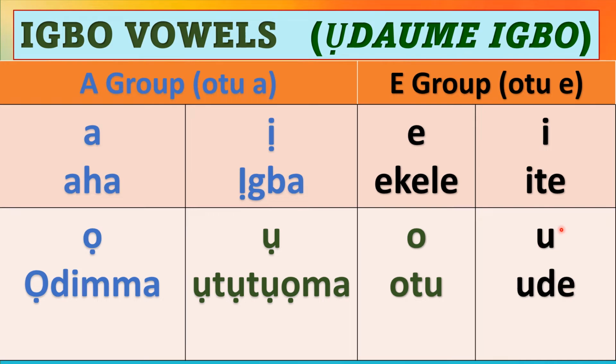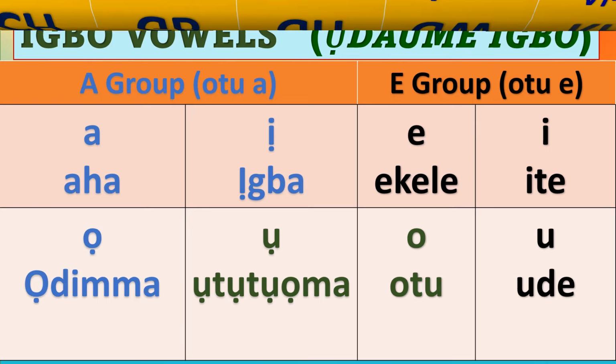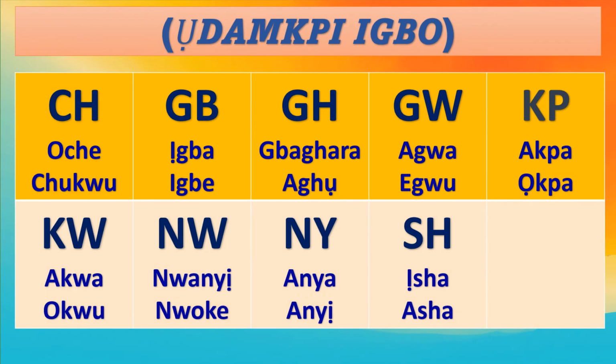Next we have the ones that we call Odampi. They are the Igbo alphabet that comes in pairs. You can see that. They are called Odampi. We don't have that in the English alphabet. And we have 9 of them. So the first one is pronounced as